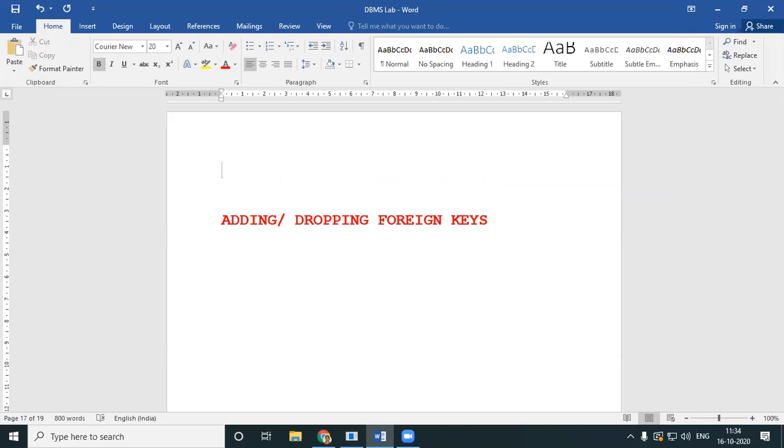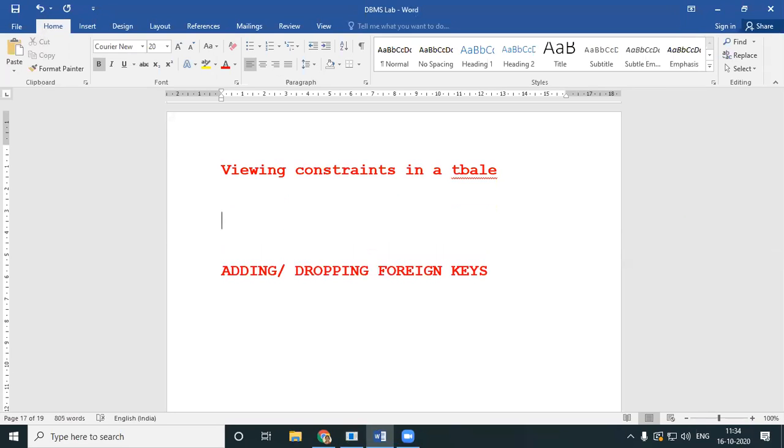If you want to see the constraints in a table, viewing constraints in a table, you can use this query. It's a bit difficult to remember, but still, please have this query down.